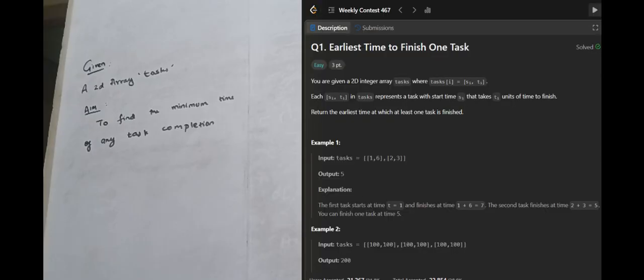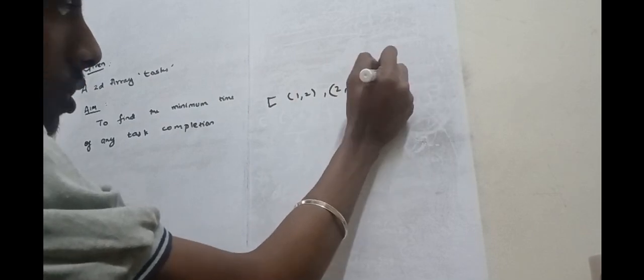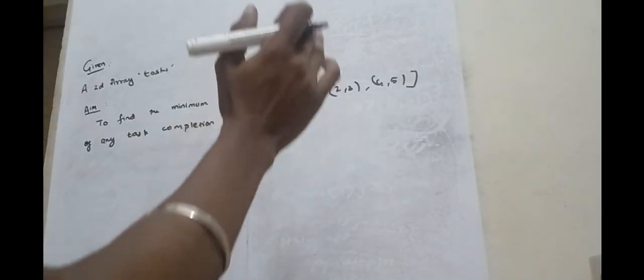So here's the first question of LeetCode Weekly Contest 467. Earliest time to finish one task. What do they say? You're given a 2D array tasks. Okay, we are given a 2D array. Let's say it's 1, 2, 2, 3, 4, 5, and so on. Now what are you supposed to do? You're supposed to find the minimum time out of all the tasks where a particular task completes in the minimum amount